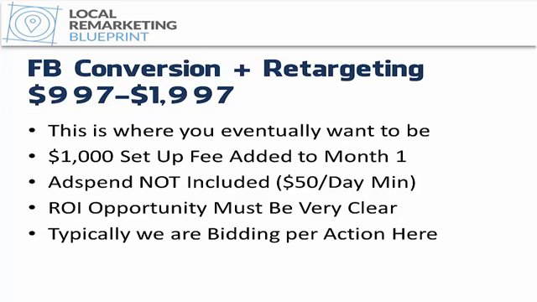And then typically we're bidding per action here, or per acquisition, or some people call it bidding per conversion. But this is different. We're not bidding by website clicks here, or any type of clicks. We're bidding per every time someone buys something or does a required action that represents some revenue being generated, right? So this is where it gets really interesting, because in our reporting we can show how much people